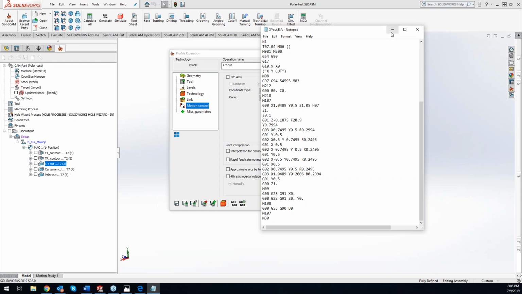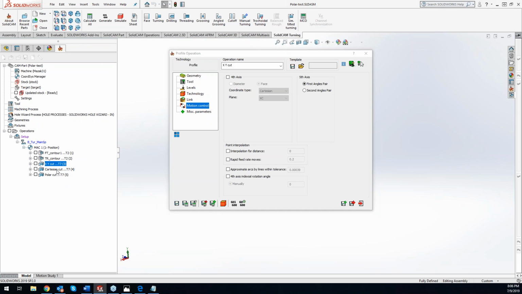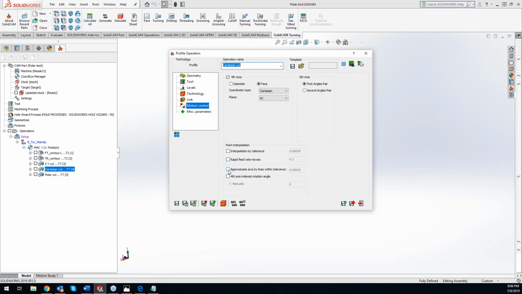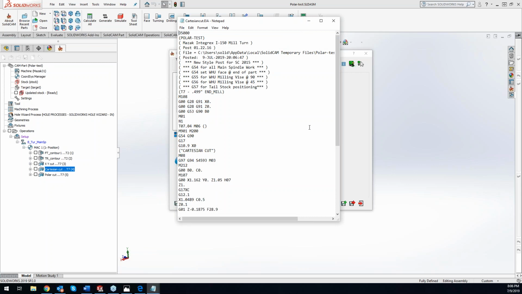So what I'll do is I'll just minimize this for a second, and we will go ahead and open up our Cartesian cut. Now with the Cartesian, it will use the X, Y, and Z, and it will automatically convert over to a G12 or a G12.1 to do the XC moves. Now this is all converted over in the post processor, but one thing, we can choose our XC,